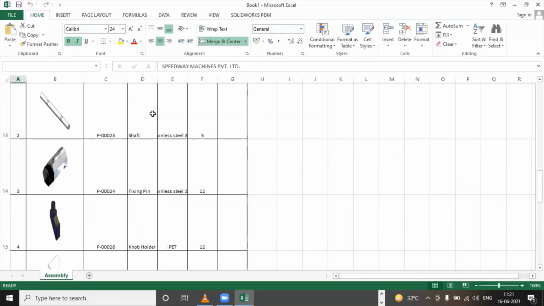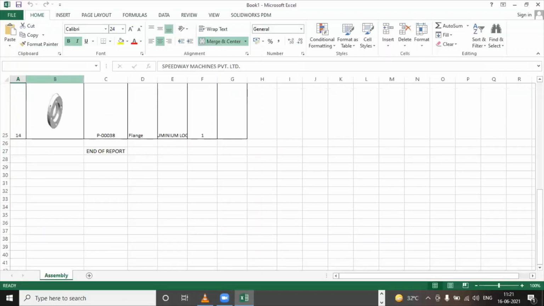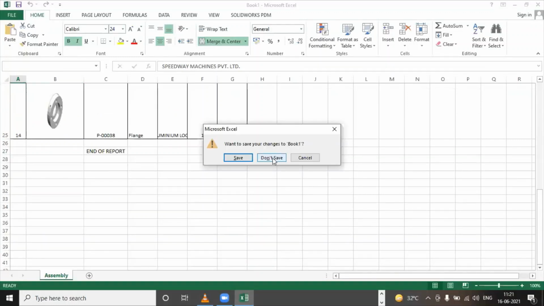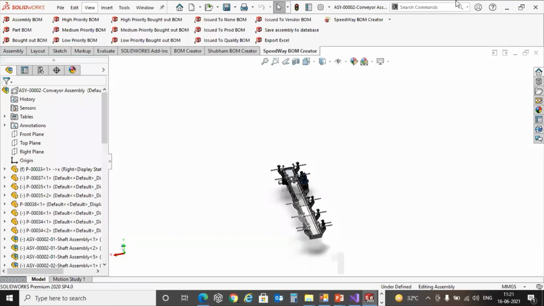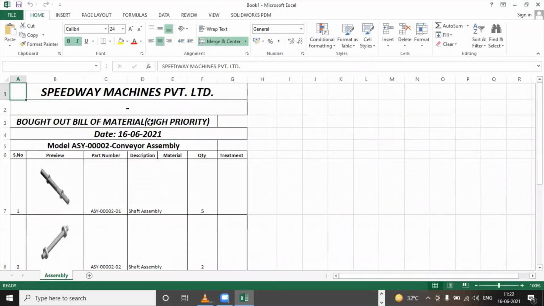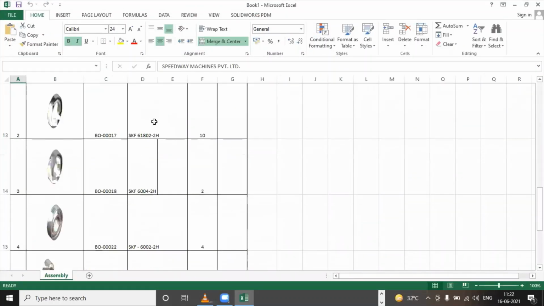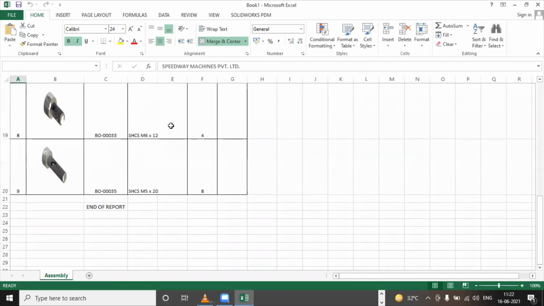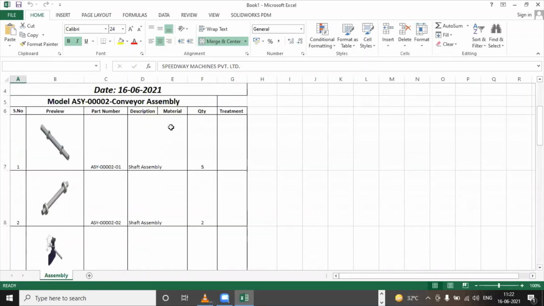You can just click and create this. Similarly, if I want to create a high priority bought out BOM, I can have that high priority bought out list as well. So the planning of the complete manufacturing can be eased out.